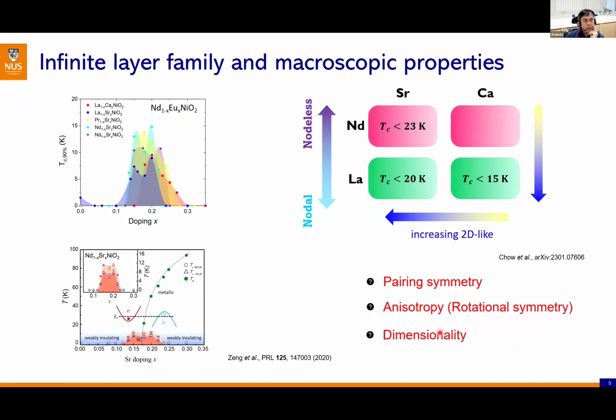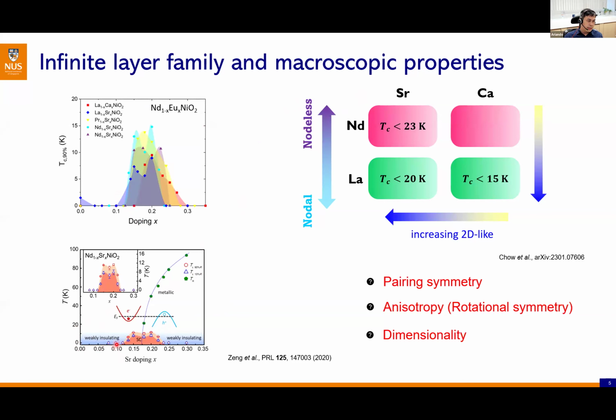So there have been a number of versions of these infinite layers, and the most recent one is this Nd ytterbium nickel oxide by Charles Hans, where the reduction is also done a bit differently in terms of apical oxygens, which is through the capping of the aluminum layer. So they all show comparable results in terms of the superconducting dome, as well as the basic macroscopic electrical and magnetic properties. So for example, in comparison to the cuprate,